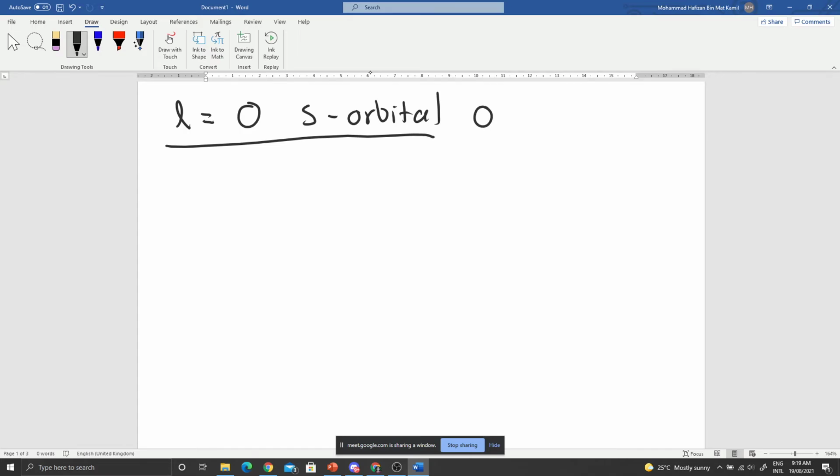So usually kalau anything yang berkaitan dengan S orbital, soalan dia akan tanya pasal perbezaan size, itu je. So usually the first thing yang you need to draw, okay, is the axis, and draw